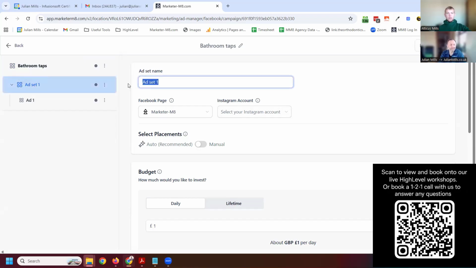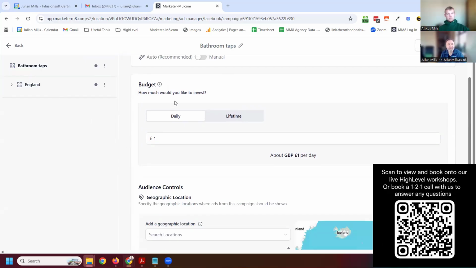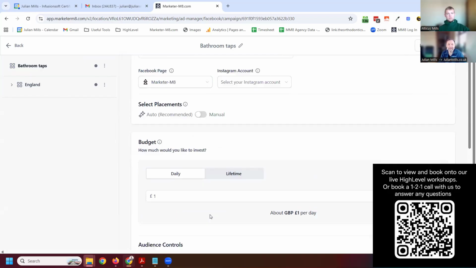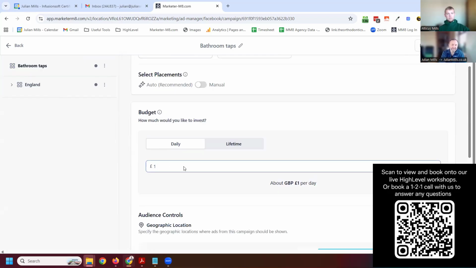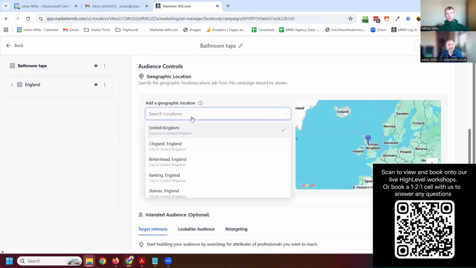But you can duplicate them, can't you? It makes it a lot quicker. Exactly, that's what it comes down to in the end. So I might have a bathroom taps England ad set, and then here it says Facebook, Instagram account, I'm not using an Instagram account. Budget: how much do you spend on this ad set? How much do you want to spend per day on advertising in England, in this case? And then you start to choose your locations. So if I try England,